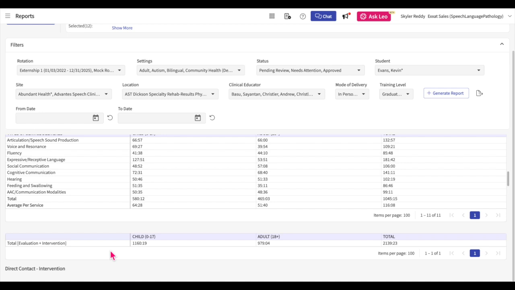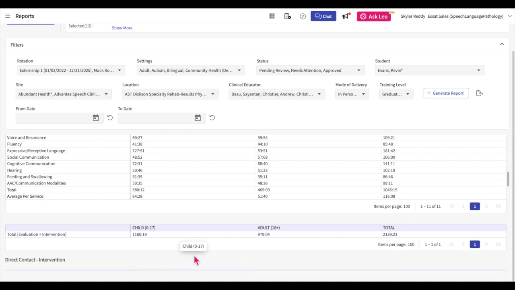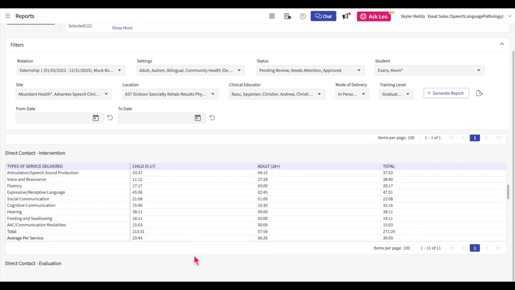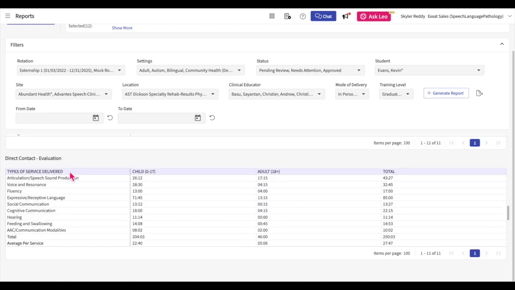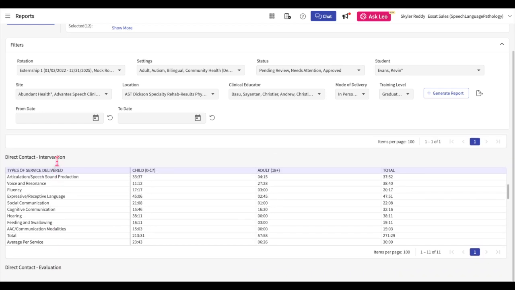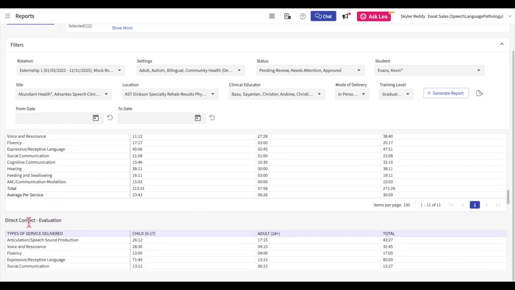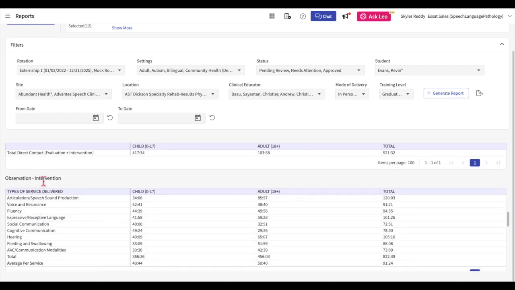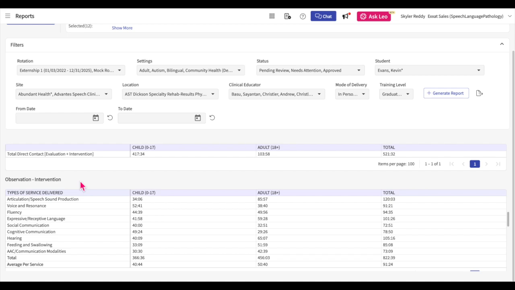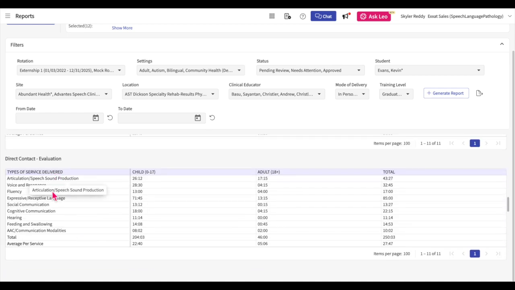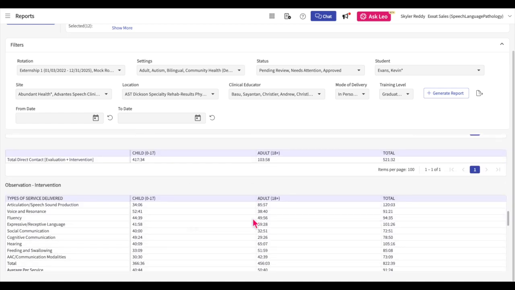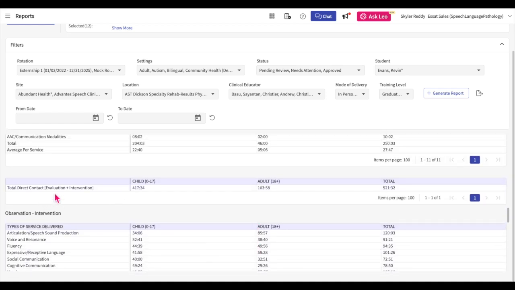Below this, you will find a table displaying the total number of evaluation and intervention hours. Below this, another 4 tables are displayed breaking up the 2 intervention and evaluation tables. Both the intervention and evaluation tables are broken up by student participation type, direct contact, and observation. Again, the student clinical hours added to each of the types of service are displayed and bifurcated by patient age group. Under the direct contact and observation sections, there will be a small table displaying the total direct contact hours